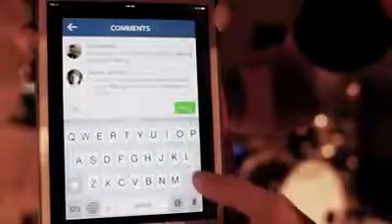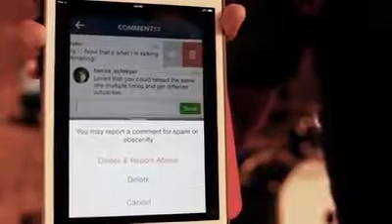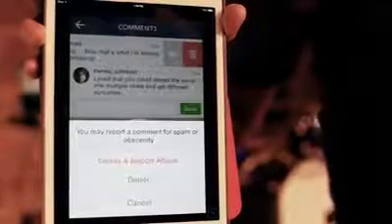If I hit reply, that's a good way to quickly have their name put in there. But the other thing is that when I do this and I hit delete, it's going to ask me two questions. Number one, do I want to delete it, or do I want to delete and report abuse? Let's say I'm throwing a surprise party and someone says, oh yeah, I can't wait for next Friday. Oh no, he is giving away a surprise. I'm going to delete that. But for the Nigerian prince, this is where I'm going to delete and report abuse.